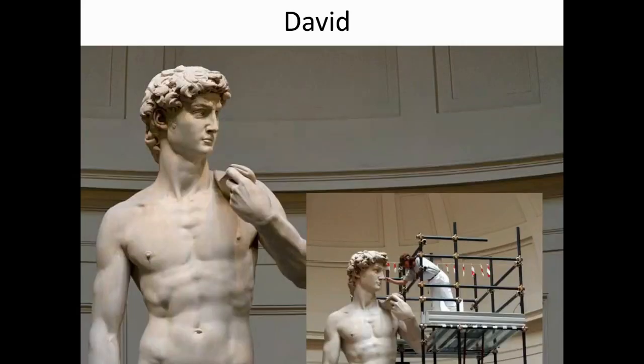Most of what he was asked to do as an artist was, it's called being commissioned, or asked by the people in power, who at that time a lot of the time was the church or the king, and they would ask him to tell stories from the Bible. So this is David, which is another person from the Bible. And so he was asked to create this. I want you to see how huge David is. Again, he's carved out of stone, which is awesome. And this is a person actually cleaning and restoring David. So huge, huge piece. This person has to be on scaffolding in order to do the work of cleaning him off.